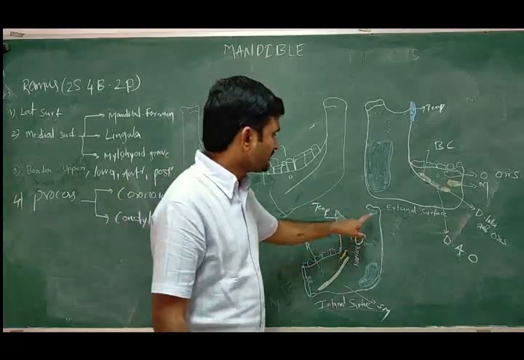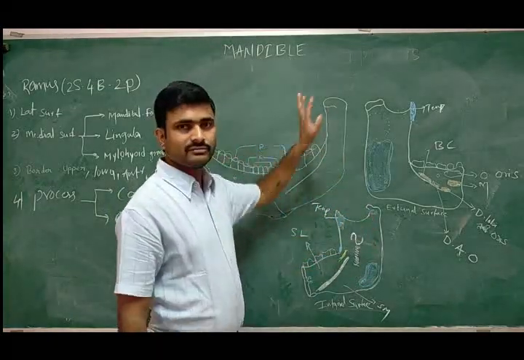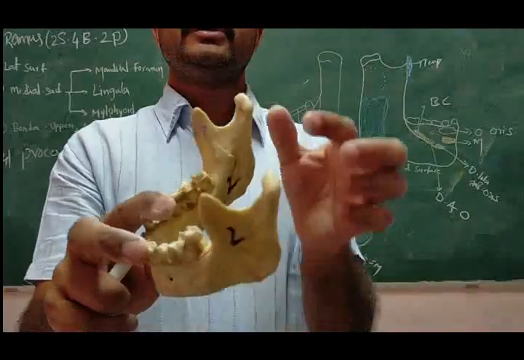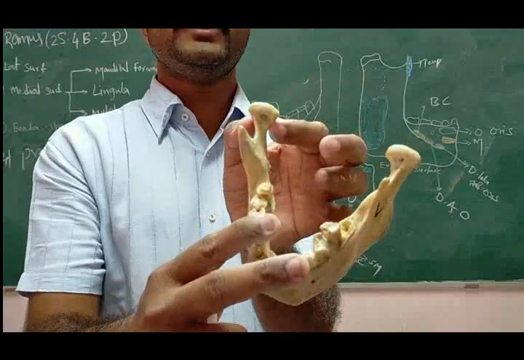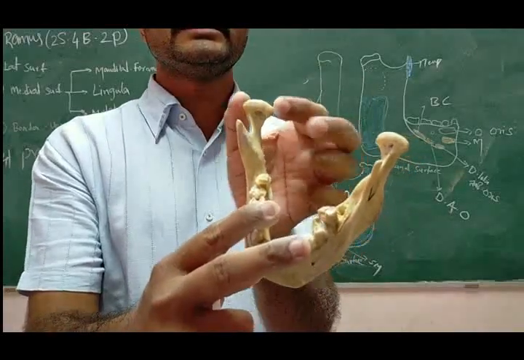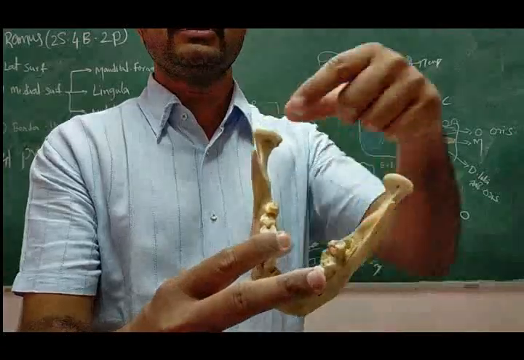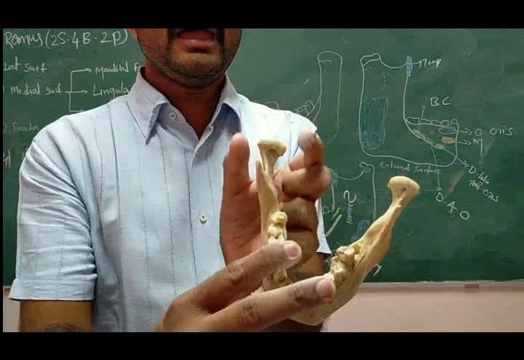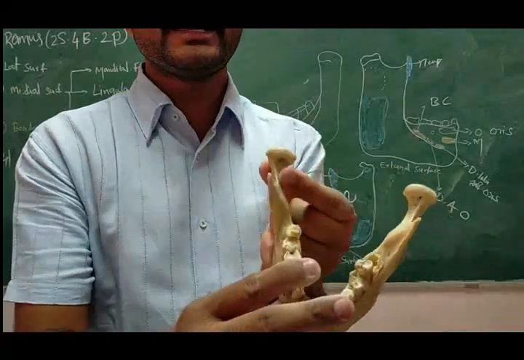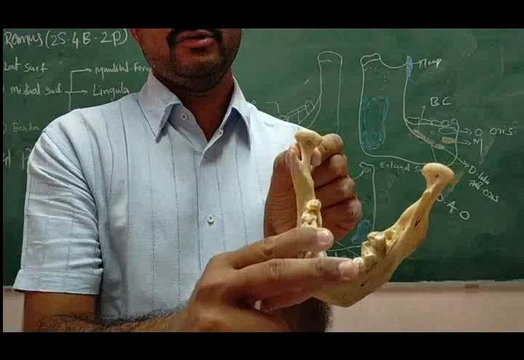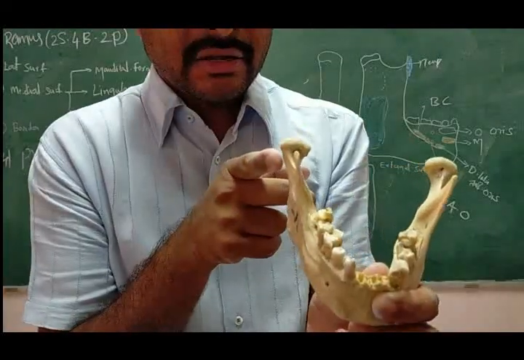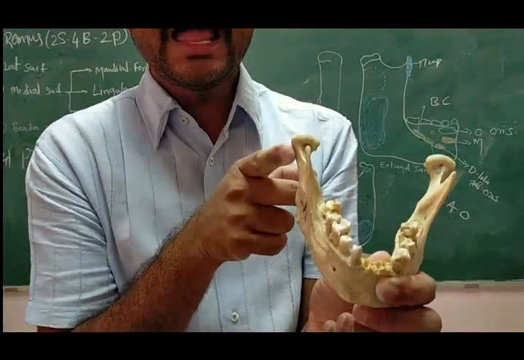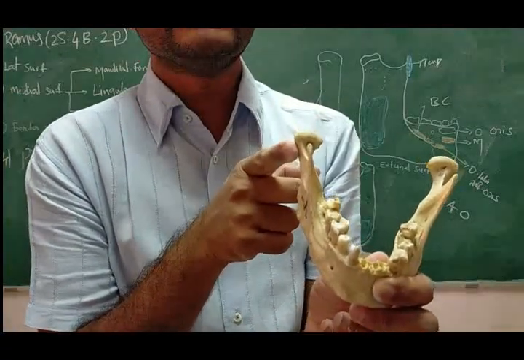Now the condylar process. This condylar process is important. The condylar process has a head and a neck. Two parts: this is called the head and the part below is called the neck. The head is compressed from anterior to posterior, meaning it is expanded side to side. And the part below is called the neck of the mandible. On the lateral side of this neck, one ligament is attached. This is the lateral part. The ligament is called the lateral temporomandibular ligament.